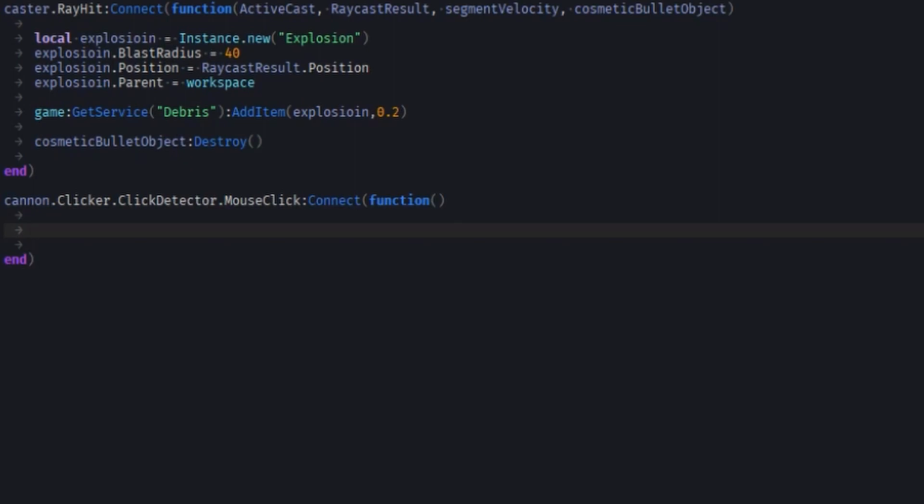So, caster, let me figure out how to do this. I forget how to actually cast. I don't use this often enough to have it memorized, but I'm really close to having it memorized. Why can't I find...